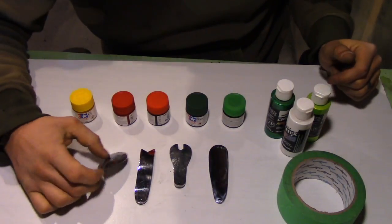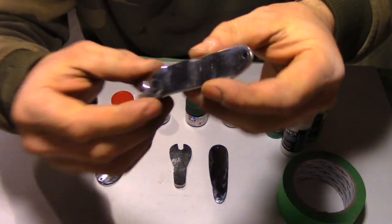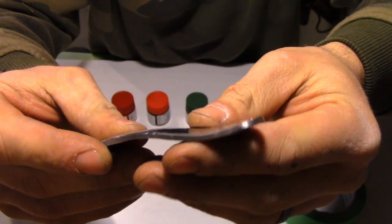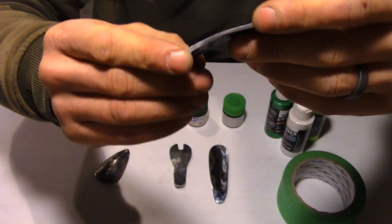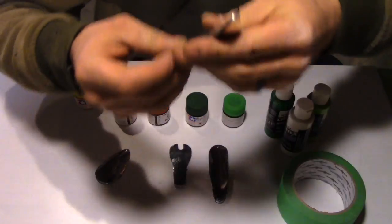Alright, we've got them all polished up. There's a few little marks left. It's hard to see, the camera's focusing on that. A little bit of grinder marks left. I don't feel the fish are going to really mind. If you wanted to spend a little more time to clean those up, it's completely up to you. I feel that's good enough. We're going to paint most of this stuff anyways, so